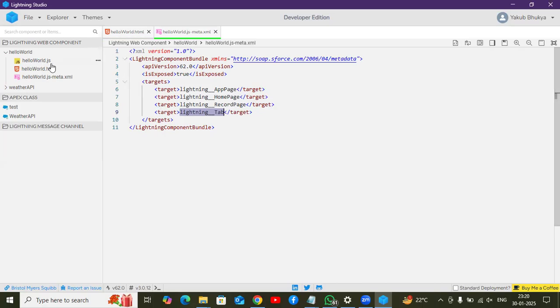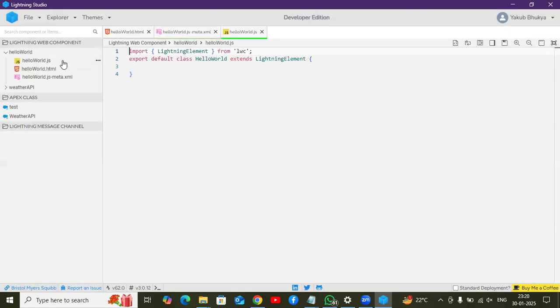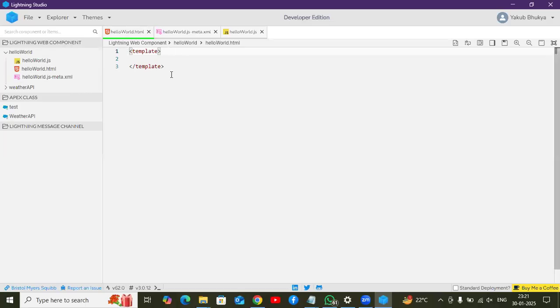Okay, the next I'm navigating to the JavaScript file. By default, it won't contain any data, but in the future, if you want to define any functions or variables, we can do that. We'll see that soon as well. Now in the HTML file, everything will be defined in a template tag. Remember. In a previous session, I told you